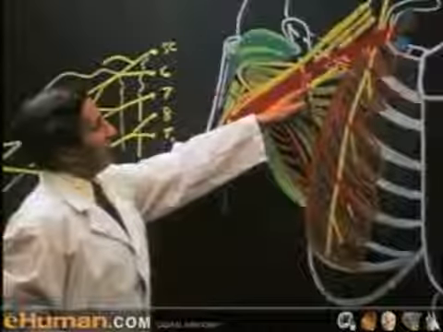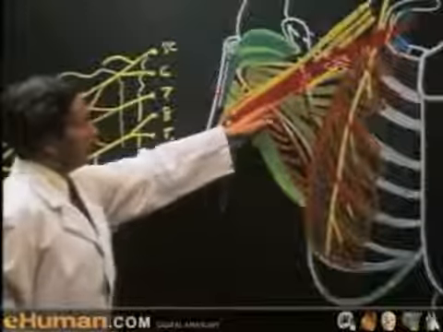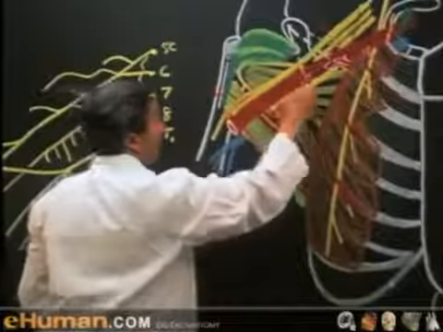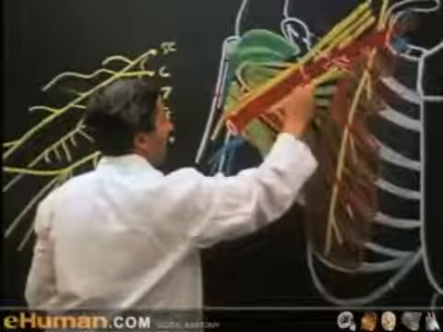Let us consider now the terminal part of the medial cord of the plexus. This comes down medial to the third part of the artery, and